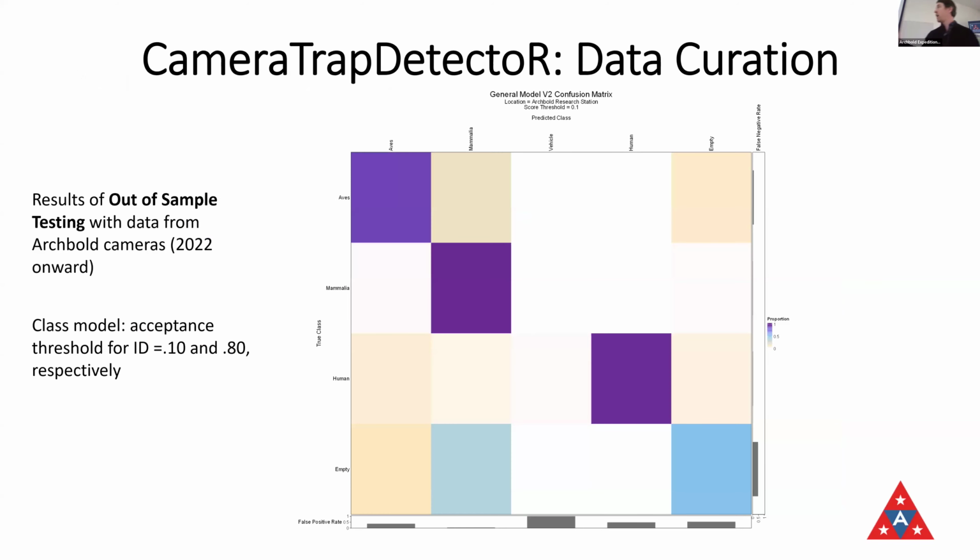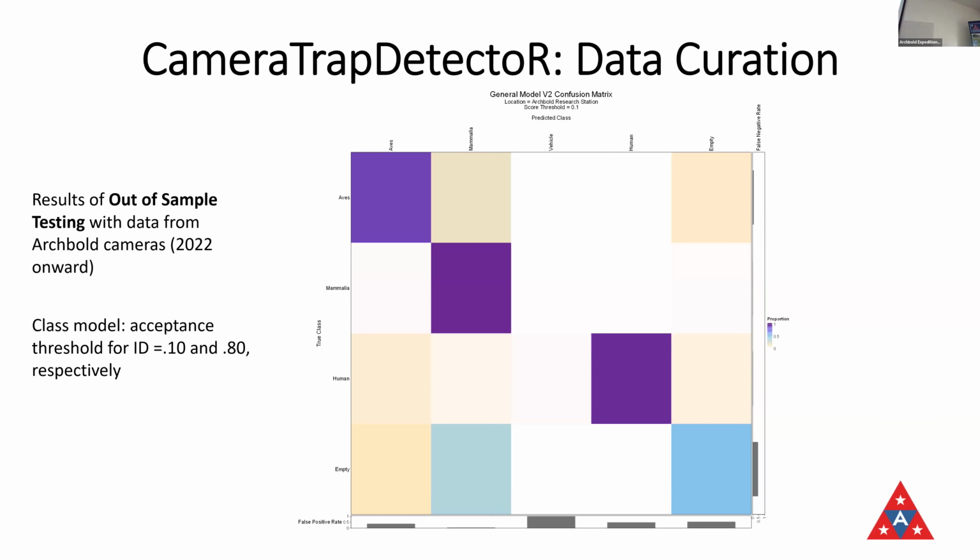So I'm going to take my time here so we get this right. This is a confusion matrix. On the top, you've got the predicted class, what the algorithm thinks it's seeing. On the x-axis, or the right, you've got the true class. We set the acceptance threshold intentionally low, at 10%, to see how the model is doing at identifying the class of animal in this image. And so I think that says